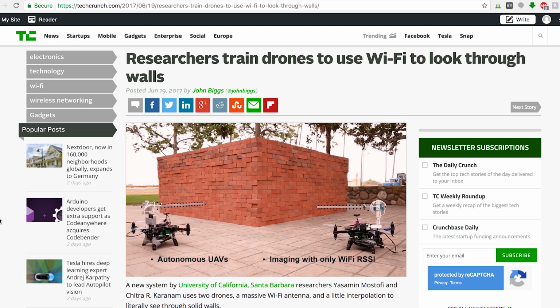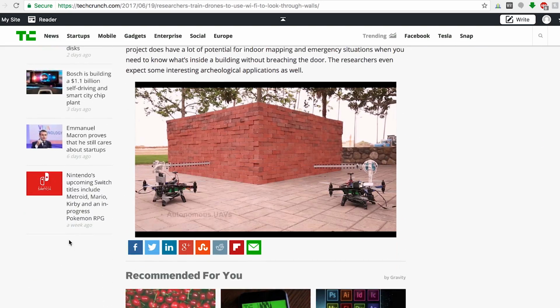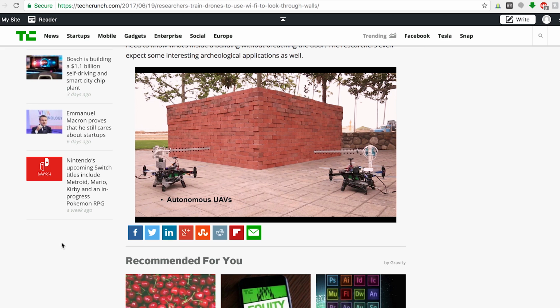Coming in last but not least, the researchers at UC Santa Barbara have developed a way for drones that are outfitted with Wi-Fi emitters to be able to see through walls and map an area. So pretty much what they do is they put one drone, it's almost like echolocation. They put one drone on the inside, one drone on the outside, and then they transmit to each other, and what happens in between, in the sense of like, okay, it couldn't get through this part of the wall,